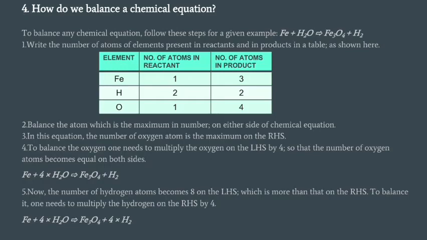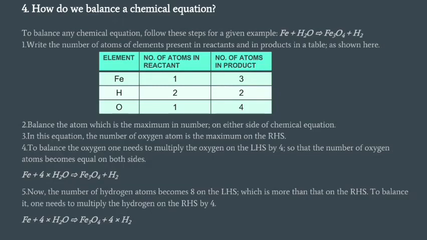So in the first step, सबसे पहले हम डिफ़ाइन करते हैं कि किसी रिएक्शन में कितने एलिमेंट्स प्रेजेंट हैं. तो हमने जो एग्जांपल लिया है इसमें आयरन, हाइड्रोजन एंड ऑक्सीजन 3 टाइप्स ऑफ एलिमेंट आर प्रेजेंट इन दिस रिएक्शन. Then we will write the number of atoms in the reactant side and in the product side for each element.